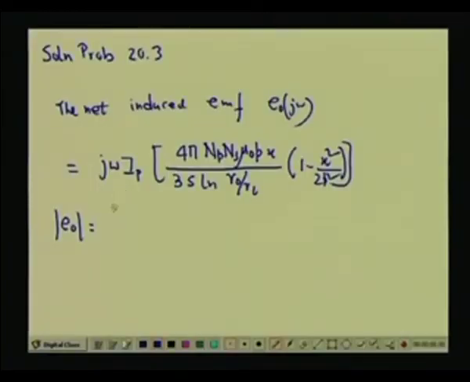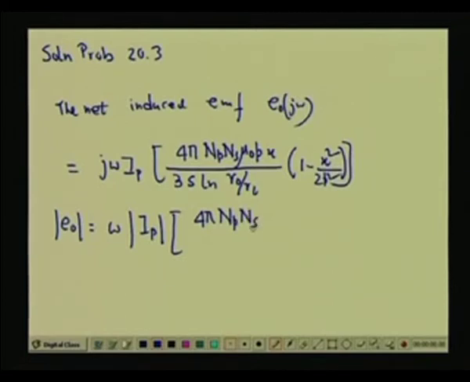Because I do not like to repeat all these notations which I have used, if the person attended that particular lesson, he can also solve this problem. The same notations we have used in solving the problem also. Now, E naught obviously I can write omega I p equal to 4 pi